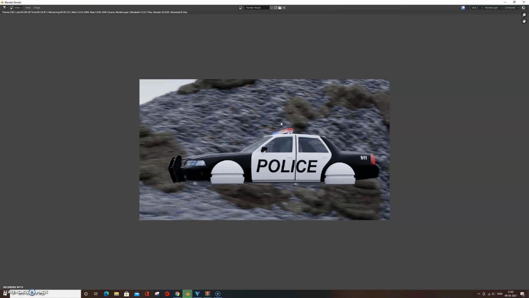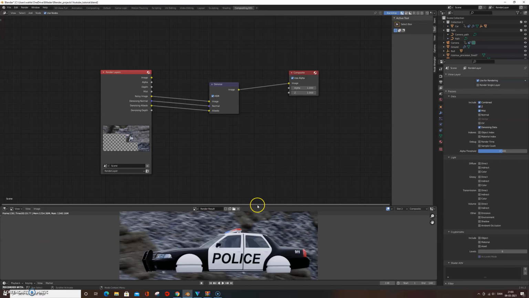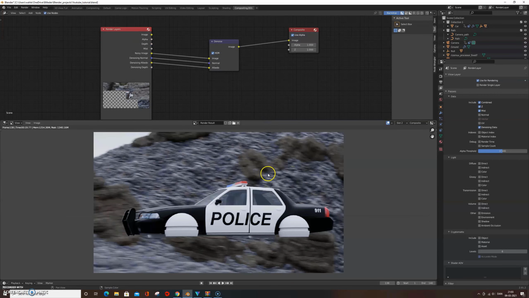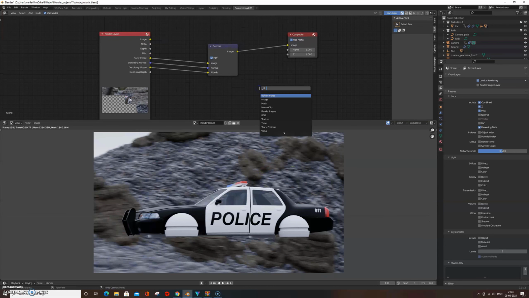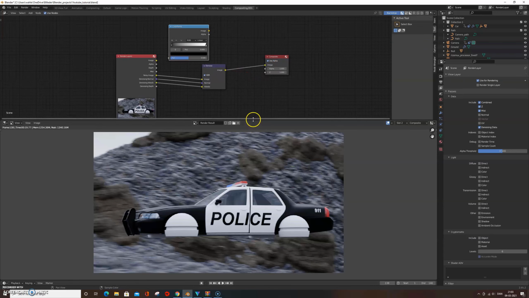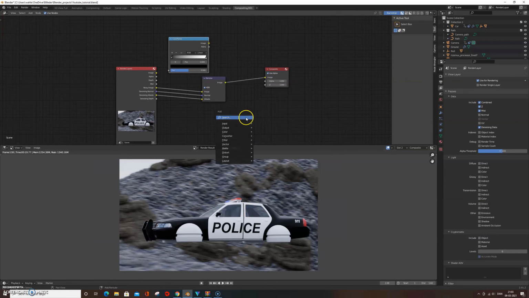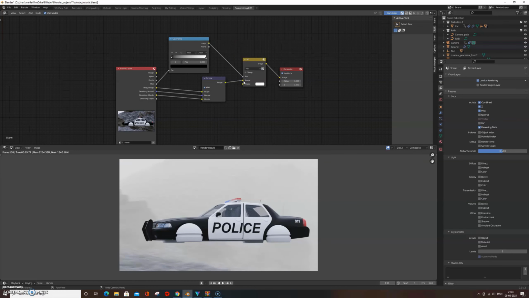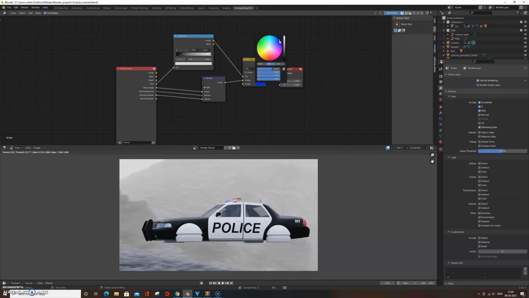But wait a second, when we render it nothing happens? You thought it would be that easy? Well, we have to change some settings. So I've taken the creative freedom to add a denoise node already. However, what we want to add is a color ramp node. And we also want to add a mix node. And then you can play around with the color ramp to change the amount of mist and where it is placed in your scene. You can also change the color of your mist, however I highly encourage you not to